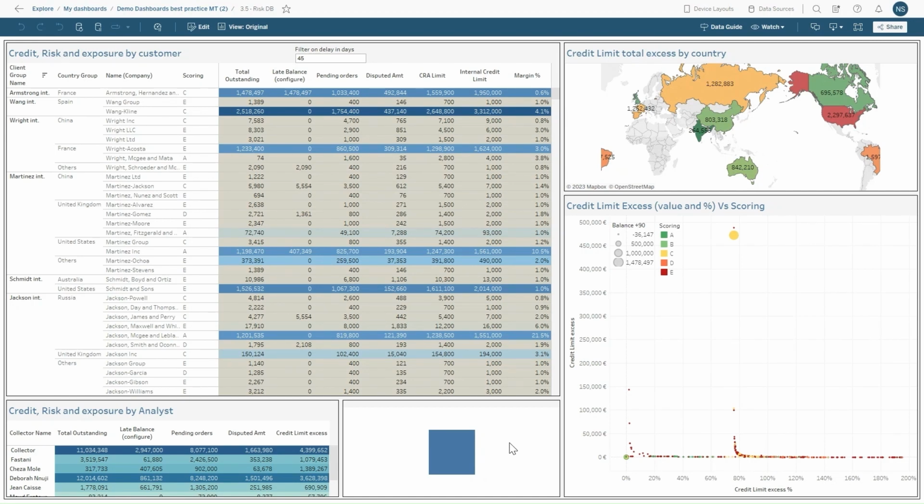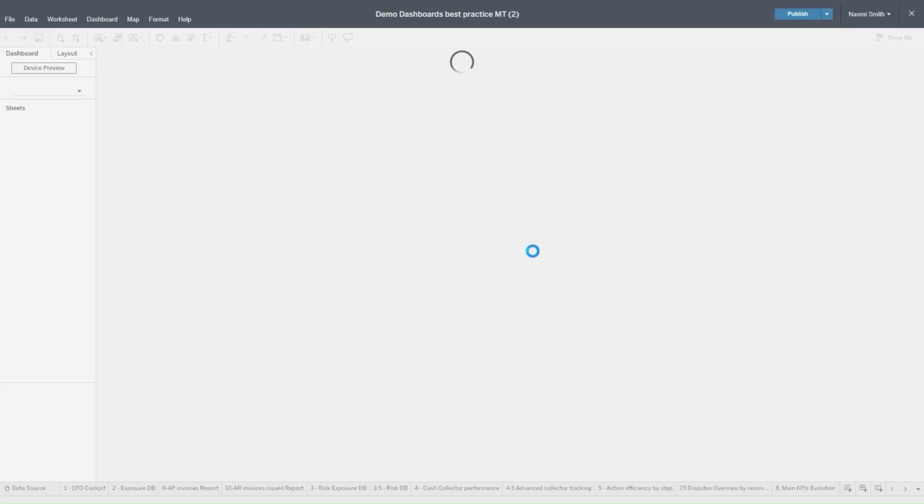I'm going to set a call with the credit manager in the US and make a data-driven review using my reporting tool. To get me started, I'm going to add a filter on dispute types and how these sit within the credit thresholds. I go to Edit and edit the dashboard